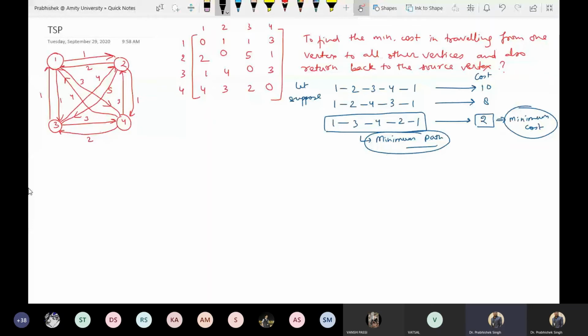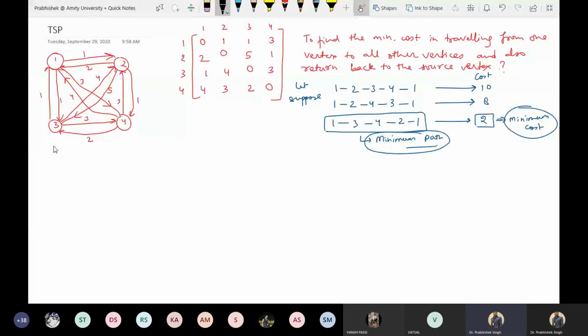Everybody please look at the screen. In the next 20 minutes you will understand everything. This is very simple. Only patience and concentration are required. So what is step 1? This step 1 will solve everything. Our source vertex is where we are starting, and we are starting from 1. T means traveling. We are traveling from 1.